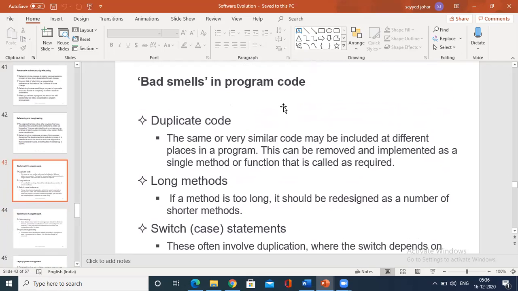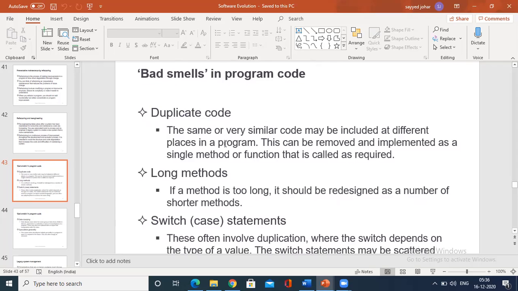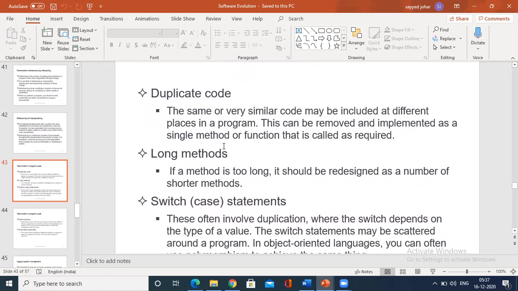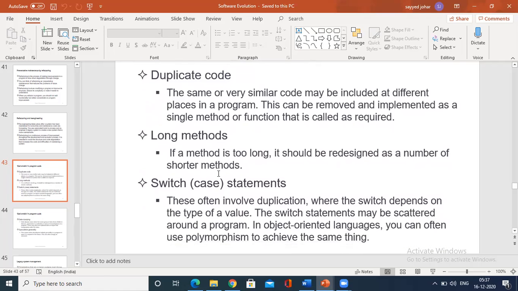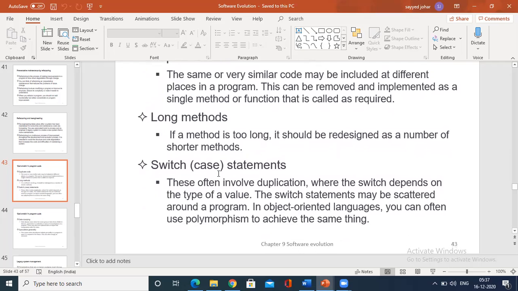It is called bad smell in the program code. Usually the meaning of bad smell is what all the factors that might affect. For example, duplicate code, long methods, using unnecessary switch statements.